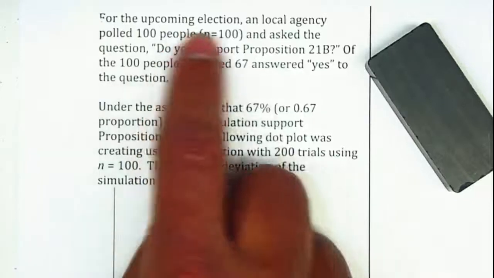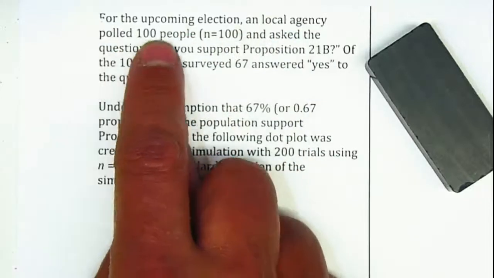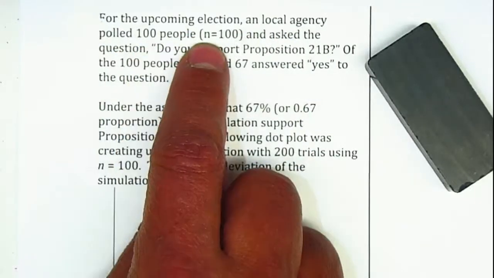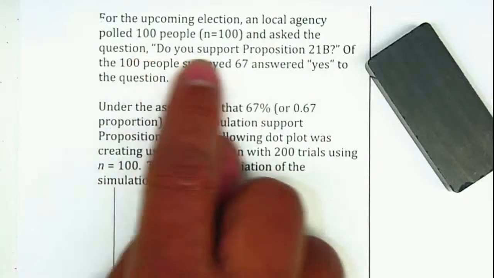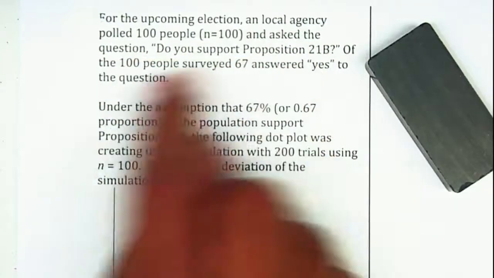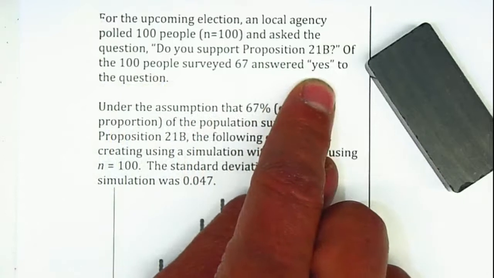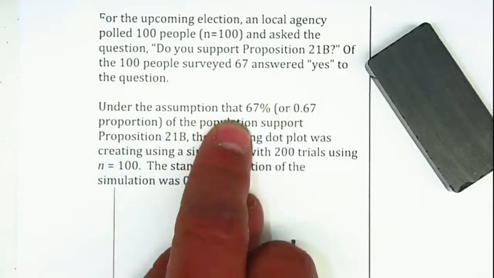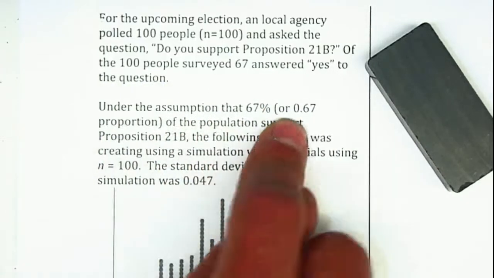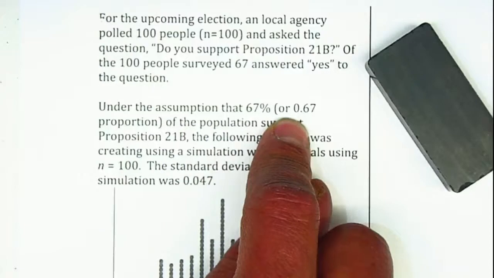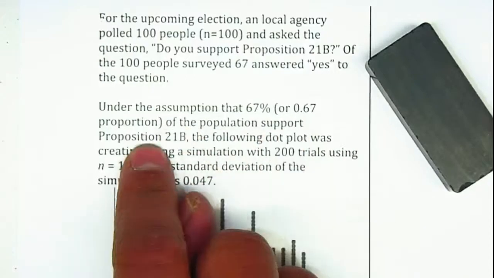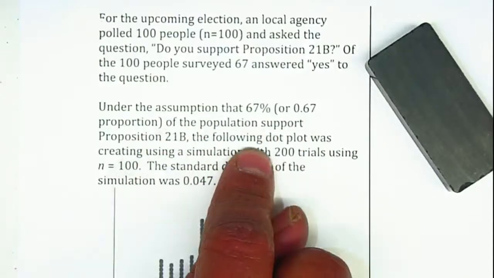For the upcoming election, a local agency polled 100 people, so n equals 100, and asked the question, do you support Proposition 21B? Of the 100 people surveyed, 67% answered yes to the question. Under the assumption that 67%, or the proportion being 0.67, of the population supports Proposition 21B, the following dot plot